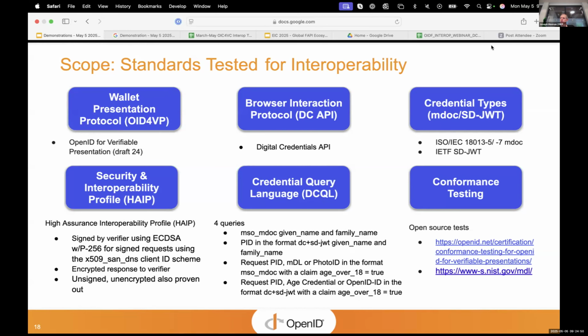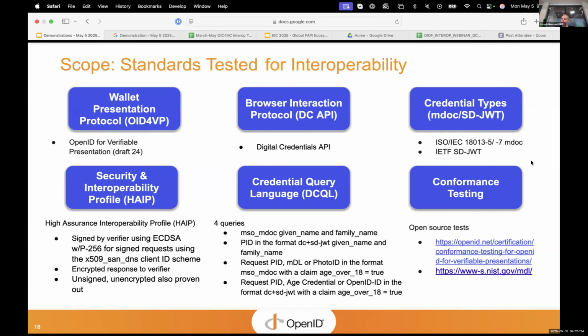And also within this interop testing, we've also been doing conformance testing. So the OpenID Foundation has a conformance and certification program. For all our specifications, we try to develop conformance tests before they go to final, because we find that increases the quality of the specifications, it increases the interoperability of the specs. We end up giving a lot of feedback, both from the people implementing the tests and the people that try running them, on what people find confusing or misleading or not fully specified in the specifications.